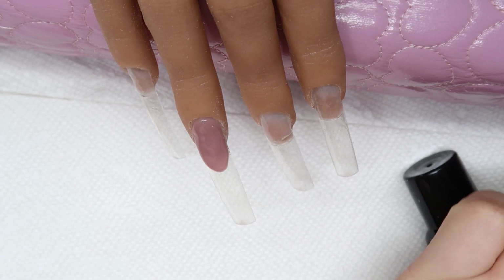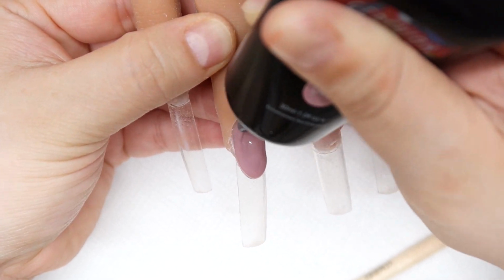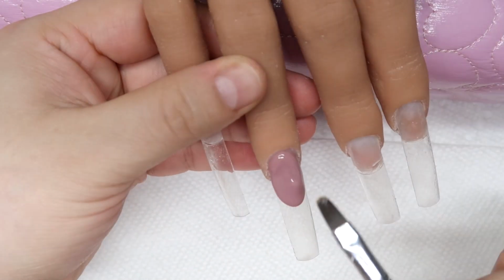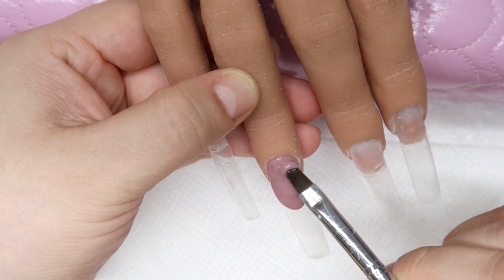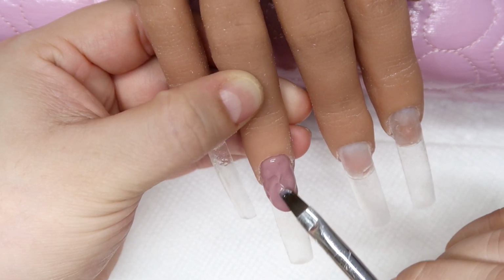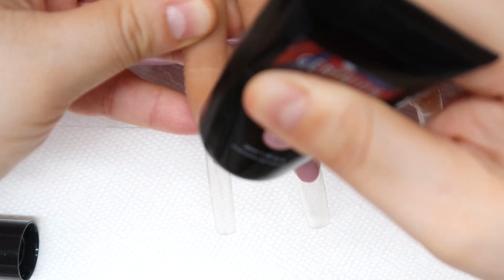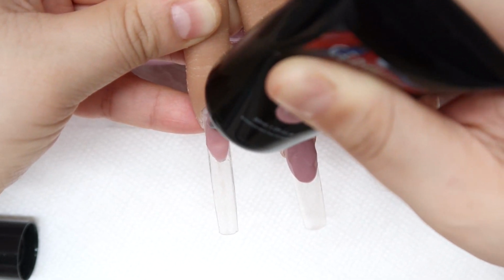To avoid heat spike on the actual nail, if I was doing it on myself or on a client, I would definitely go in with 2 layers. But even then, sometimes products do cause heat spike. If that happens, I would suggest that you put your hand outside the lamp for 5 to 10 seconds and then put your hand fully into the LED lamp, unless you have that little low heat sensor button that gradually goes hotter and hotter. Anyway, I'm going to be doing this to the other pinky finger,